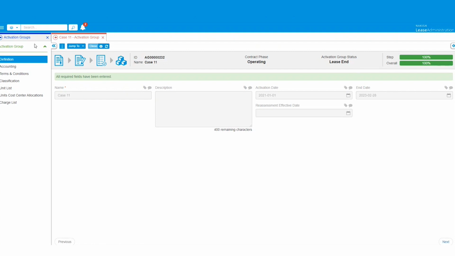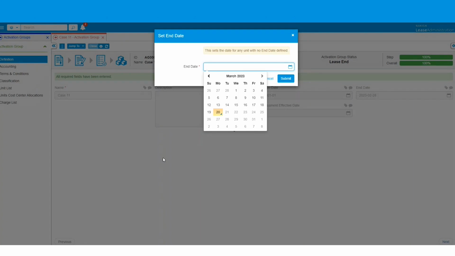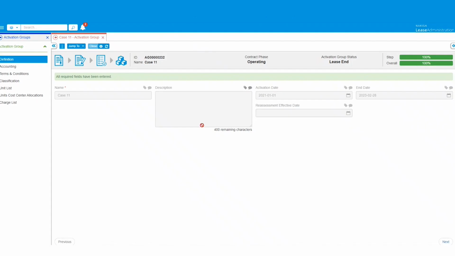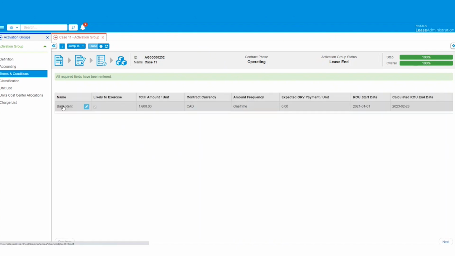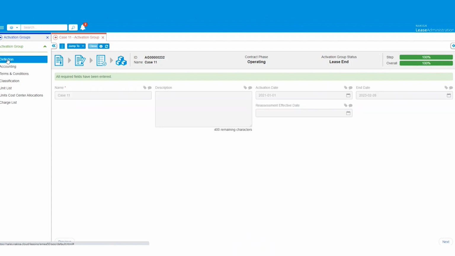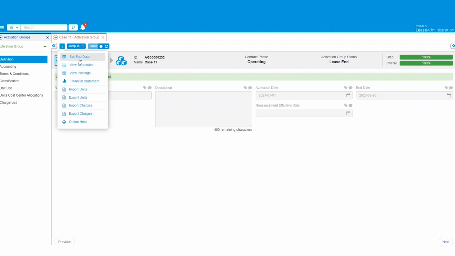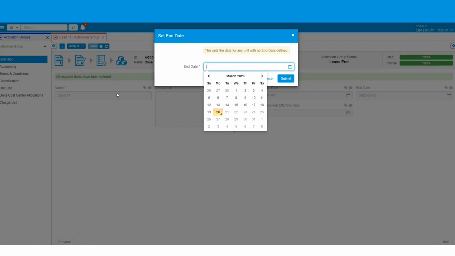Now that we performed this step, the next step is to set an end date. This is an end date for the unit. It will be the date for the posting of the transaction. However, it will not change the end date of your contract. Let me just retrace one step here. You can see we have the activation date and the end date of the contract. We are here in the definition page of the activation group, and this is exactly based on the terms and conditions entered. Now we need to set up an end date for the unit, and this will be the posting date